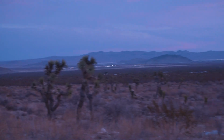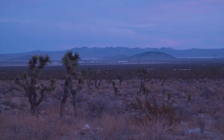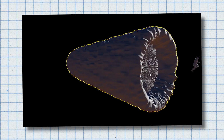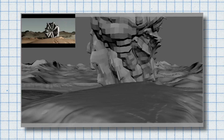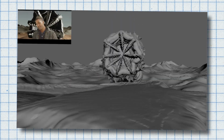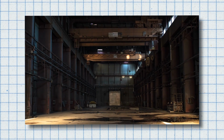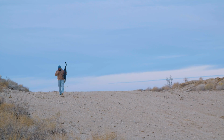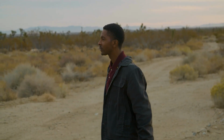Something that we knew from the jump was that we wanted to find an area that would really let Sean and the other teachers at the school showcase their talents and skills, so that prospective people watching it could see the full scope of what they were doing. We had talked about, do we find an empty warehouse? Do we find an empty street? And we realized that we both wanted to work on some sort of